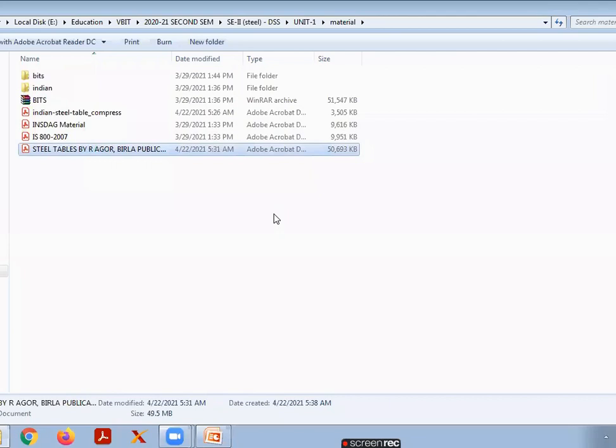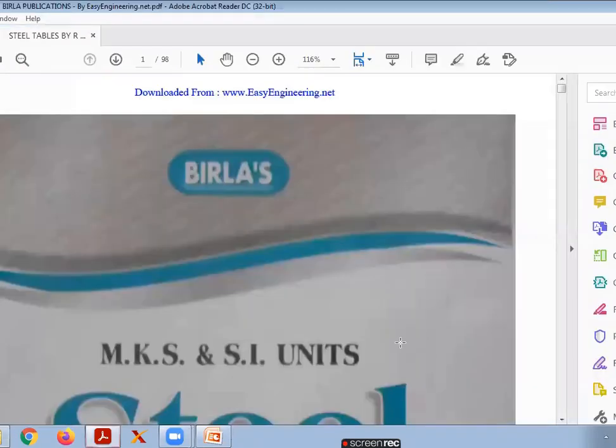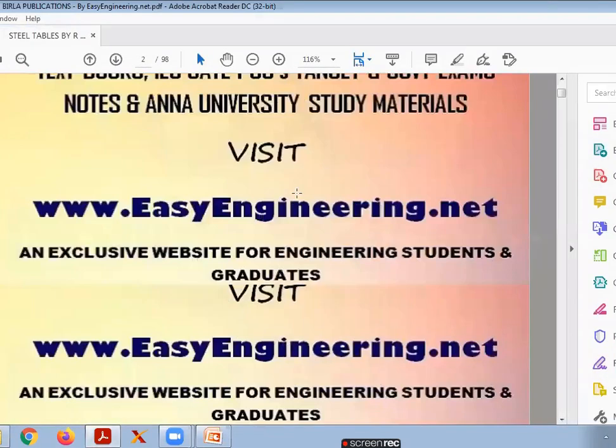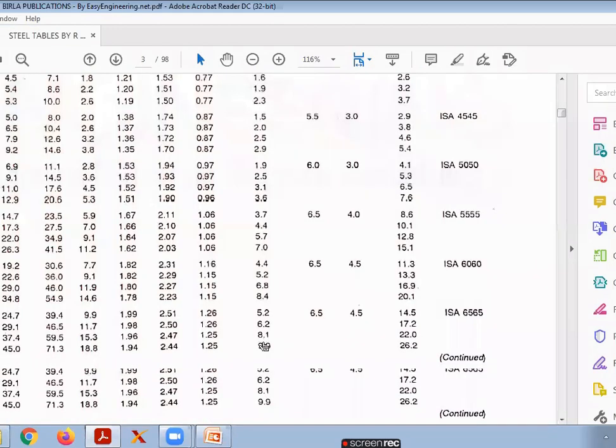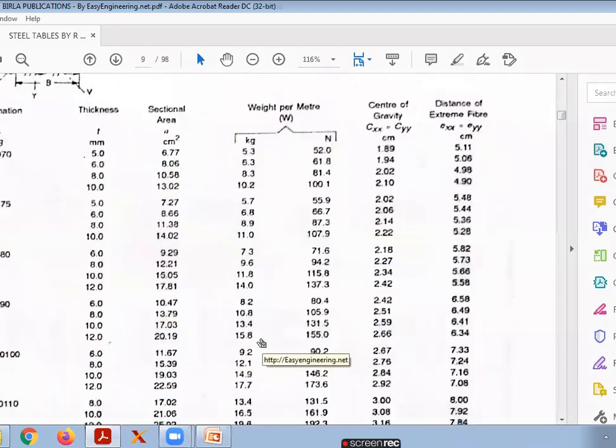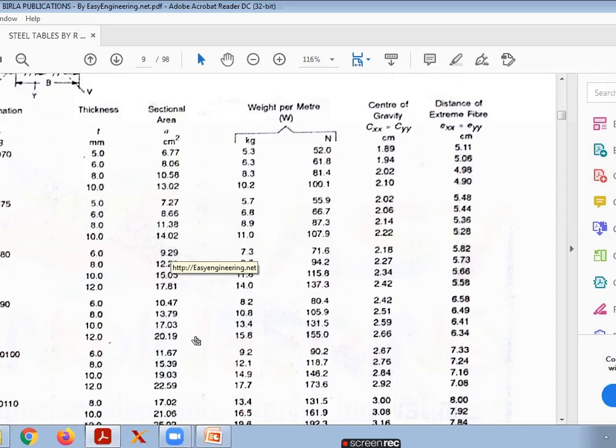So now it is angle section. So all of you open the angle section in the starting portion of your steel tables. In that you will check the ISA. The area we got is 2000. If you observe, up to ISA 80×80 also we are not getting 2000. ISA 90×90 for 12 mm it is 20.19. So first I will try with the ISA 12 mm thickness. The sectional area is 20.19.